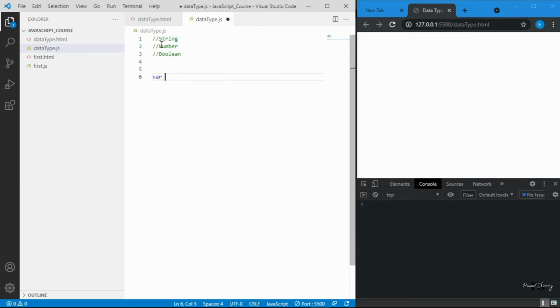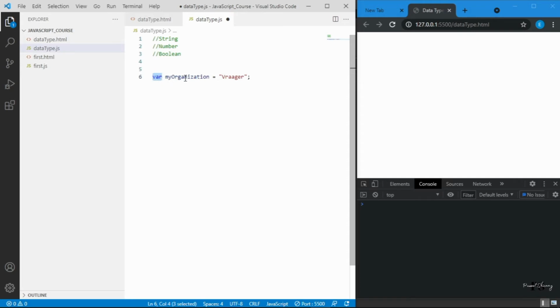Suppose I am declaring a variable like my organization. In this variable, what value am I going to store? Suppose a name like Bragger. This is a variable.